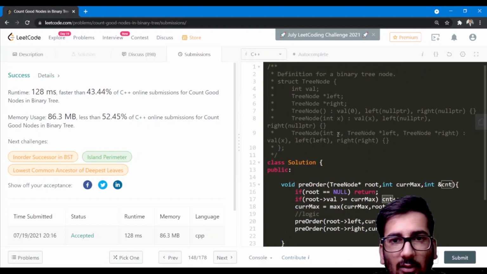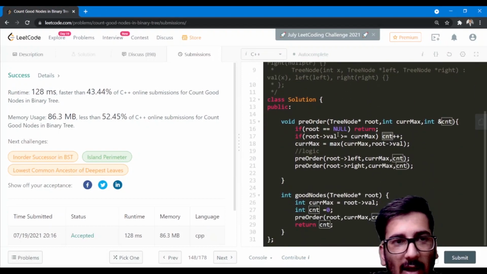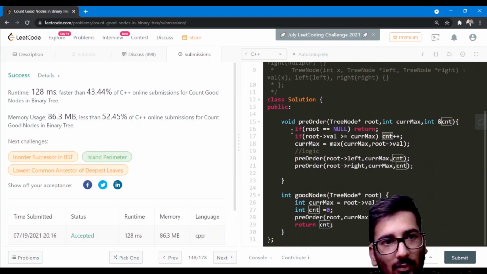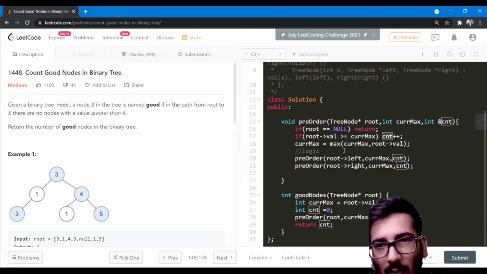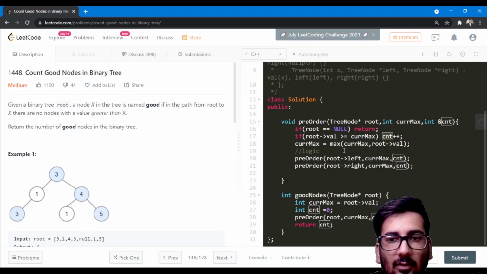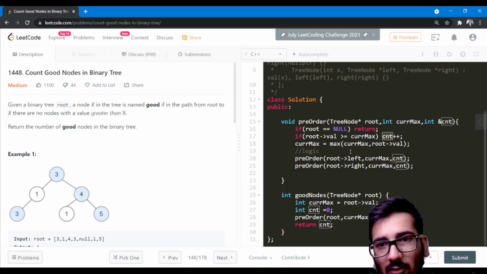So it is a question from a FANG. They expect you to know what pre-order traversal of a tree is, but they are not going to give you a direct question like write the pre-order. They are going to just twist the question, like for example this question, where you have to use that pre-order traversal and extract the answer from this function as we have done.